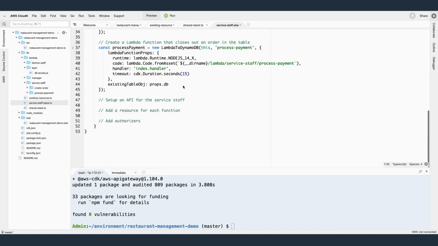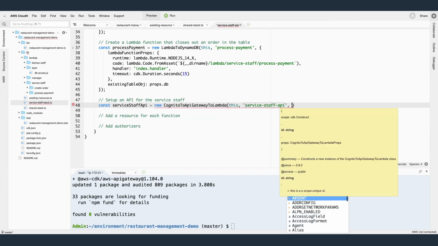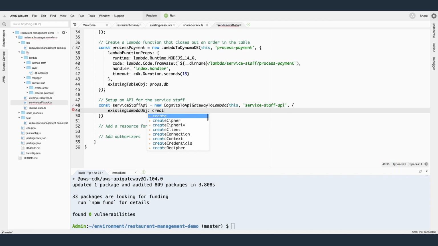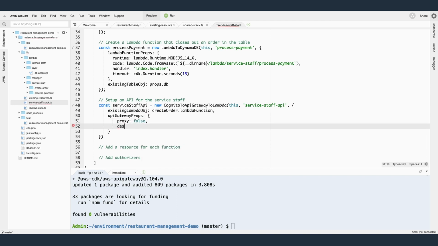So scrolling down to the constructor, I'll get into the third section here and set up an instance of an API using the Solutions Construct. Now that we have our API set up using the Cognito API Gateway Lambda Solutions Construct, let's go ahead and add some resources to it, one for each of our Lambda functions. Starting with the create order resource,